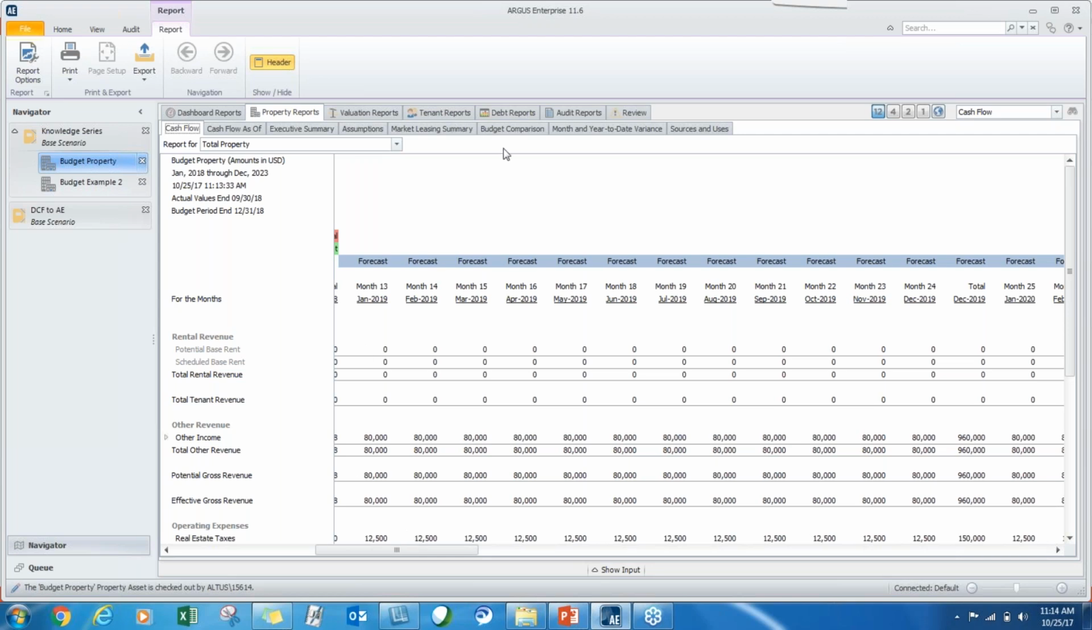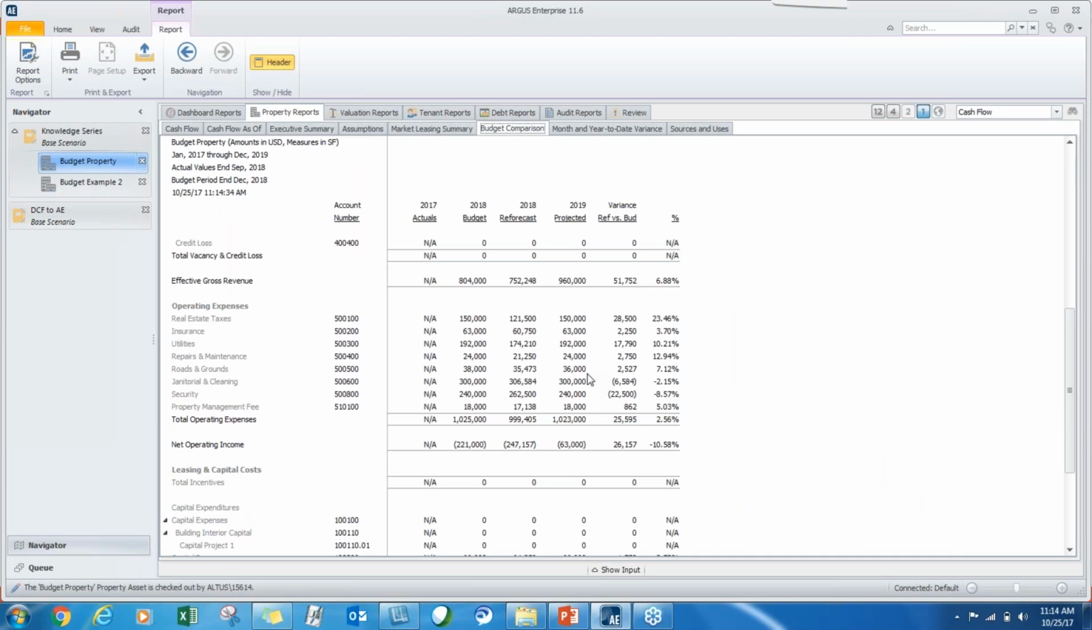Now we also have a property level budget comparison that's going to show you your 2018 budget, your forecast, the projected amount, and then of course the variance between your reforecast and your budget. And it will show you the dollar amount as well as the percentage. And the budget comparison on a property level is fantastic, but you can also run your budget comparison on a